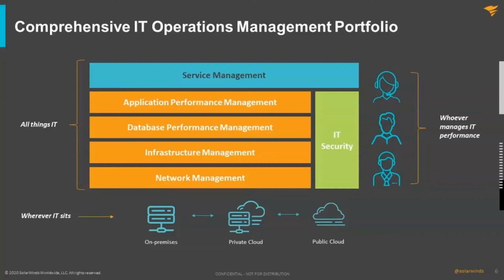Also on the right-hand side there, you can see the IT security pillar in a vertical sense, because that is permeating across all of the different layers within IT. And IT security is a very fragmented market. There are over 450 different vendors of security solutions in that marketplace. So what we've done here is to be quite specific in terms of the offerings we have, which are strategically aligned to what we're doing in relation to all the monitoring and management as well. So we'll talk a little bit about that as well in relation to HPE later on.